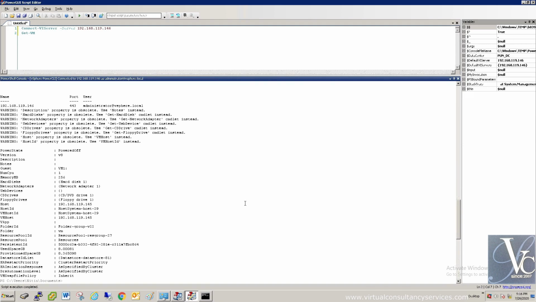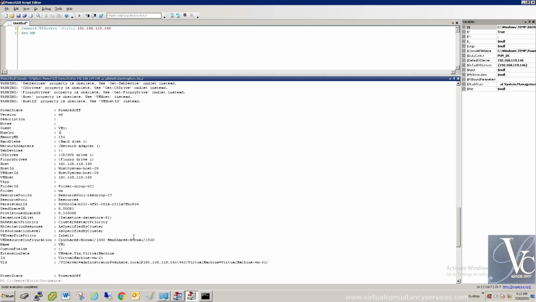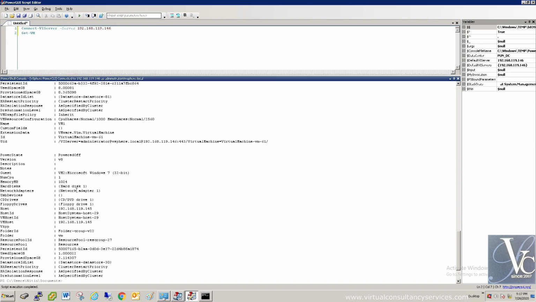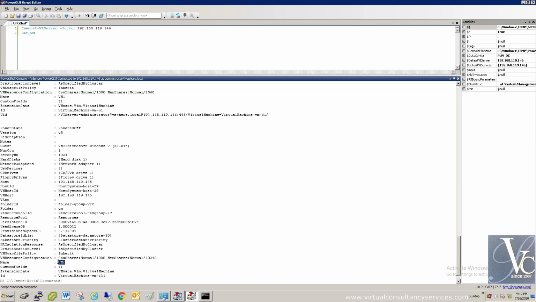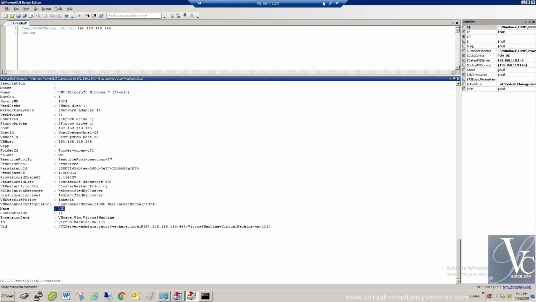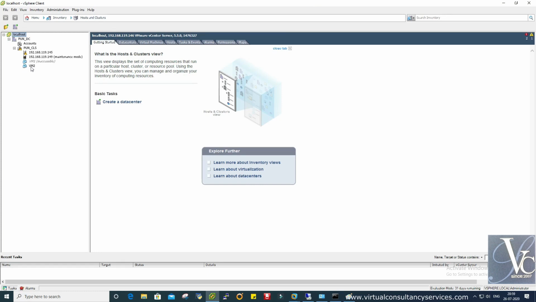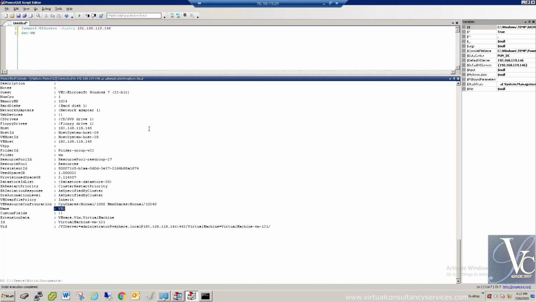See the VM name here, and another VM name is this one, VM2. So we have two VMs here.